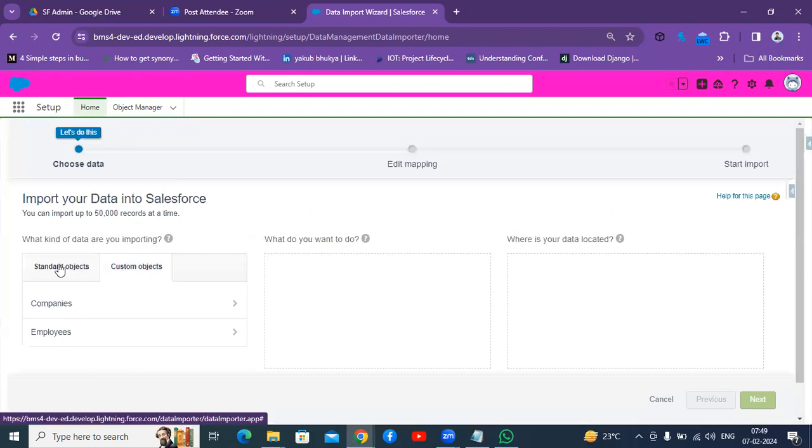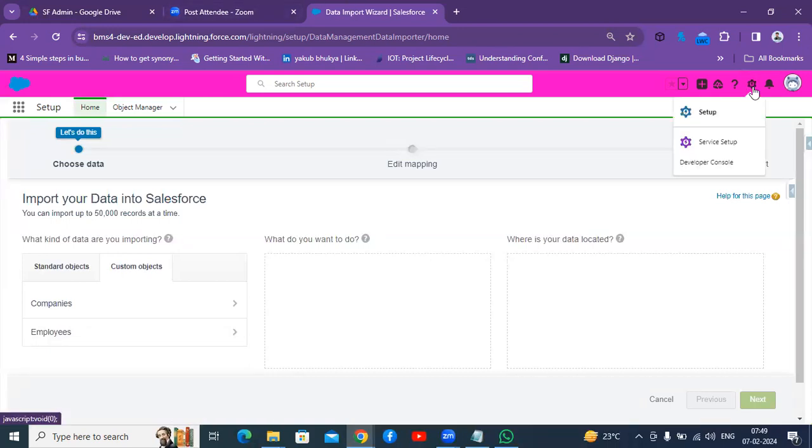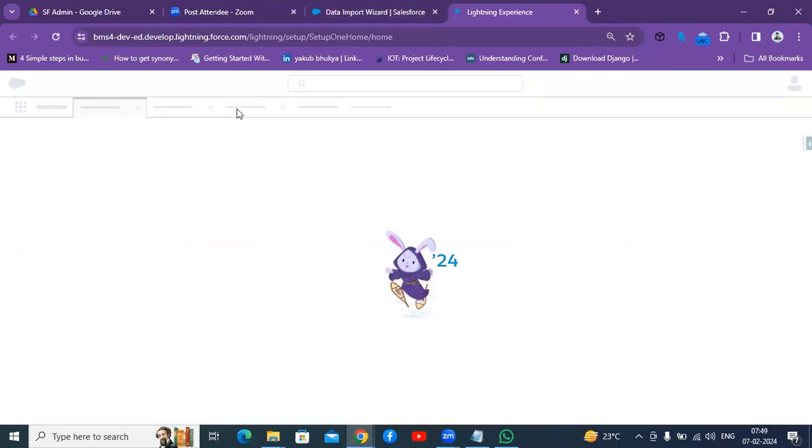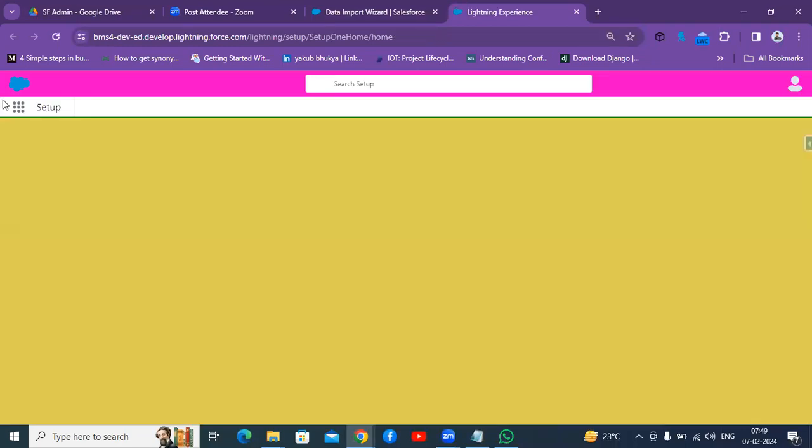So tell me, which object's records are we going to insert now? Custom object. Which one, Companies or Employees? Employees. Okay. To insert Employee records, initially I have to know what the required fields are. For that, what I'll do is